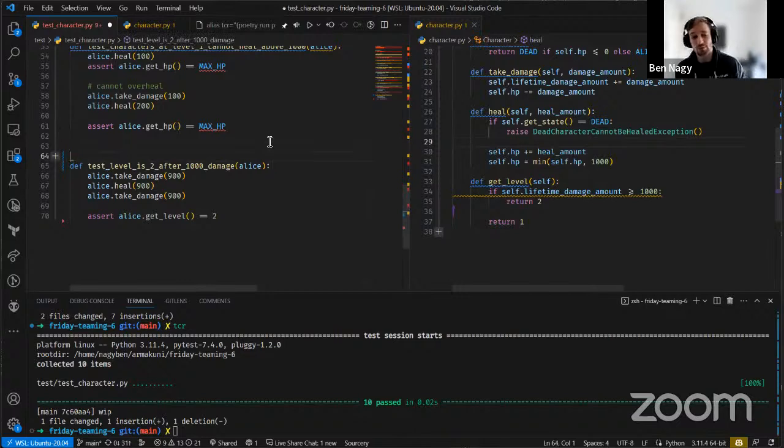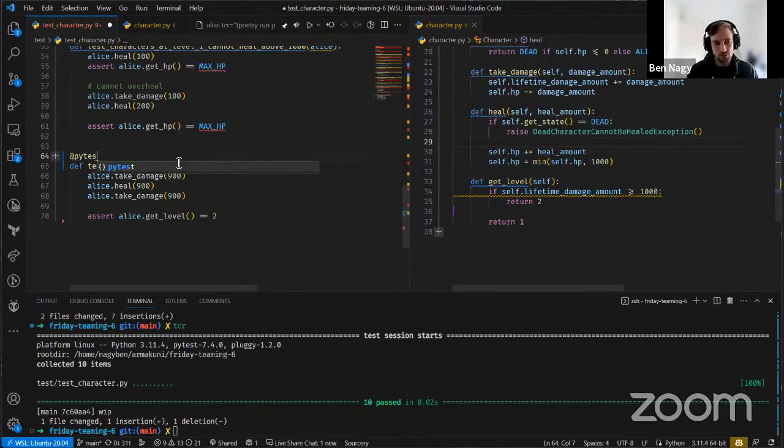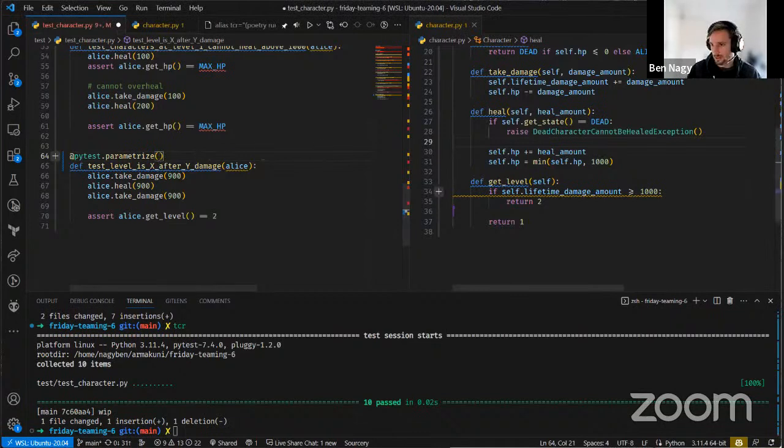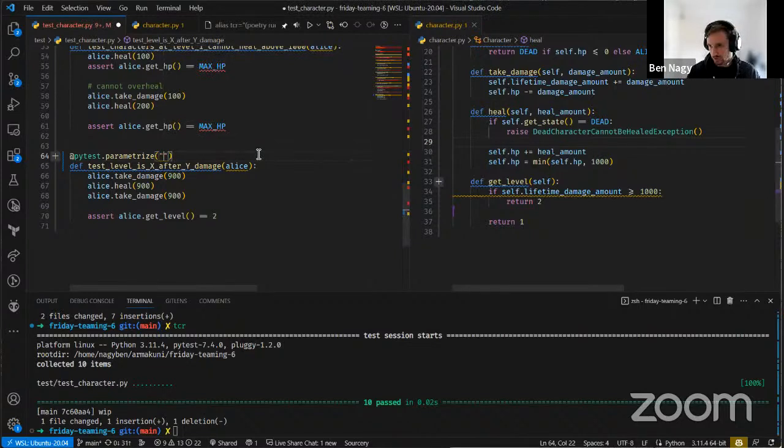But then this is also a prime candidate for parameterization, right? So like test level is X after Y damage. Yeah. And then you can do something like PyTest parameterize. I think that's the right syntax. Let me just double check. I spelled it wrong. Parameterize like this. Right. And then here, you have to give a string, which is the expected